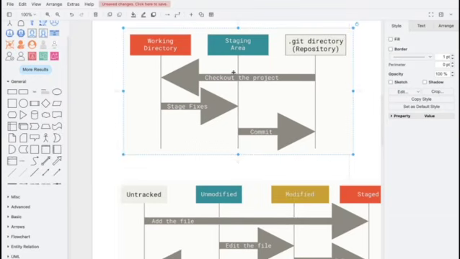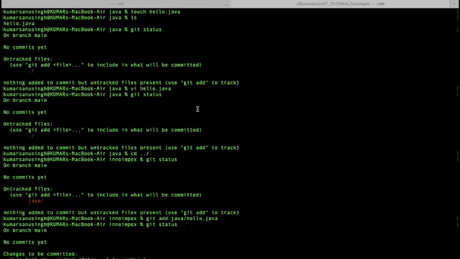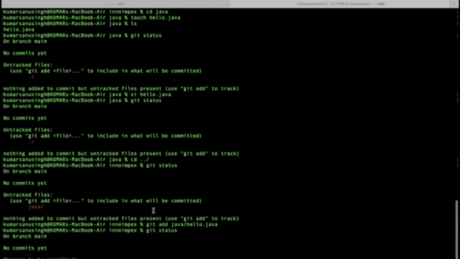So in the staging area, we decide, okay, I have created the file, now I'm adding that file. The moment you run the git add command, that file goes into staging area.